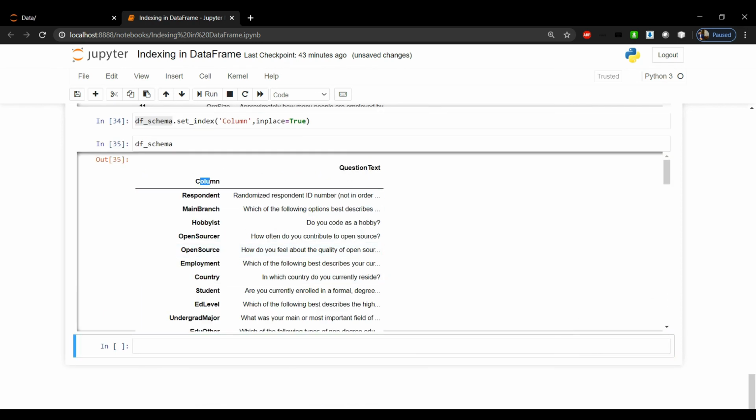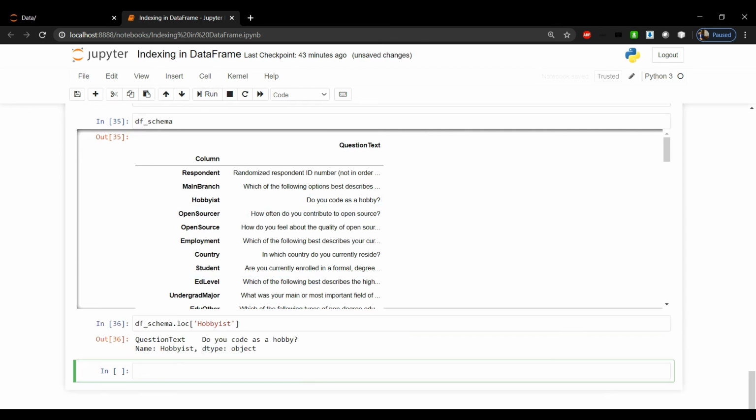Now if I want to see what this Hobbyist column means, I need to use the loc function here on df_schema, .loc, and what the Hobbyist column means. Let's run this. So the Hobbyist column means 'Do you code as a hobby', whether the developer codes as a hobby or not.